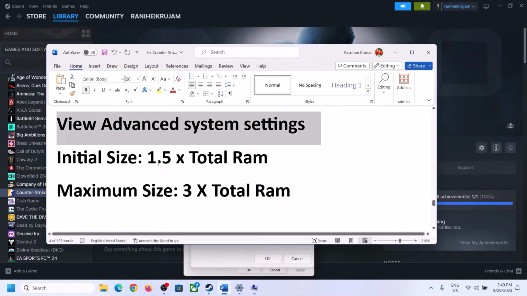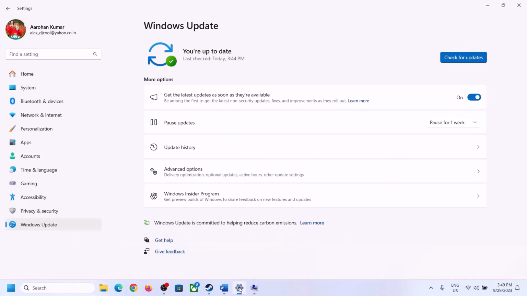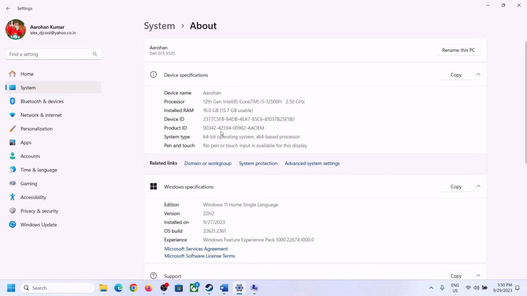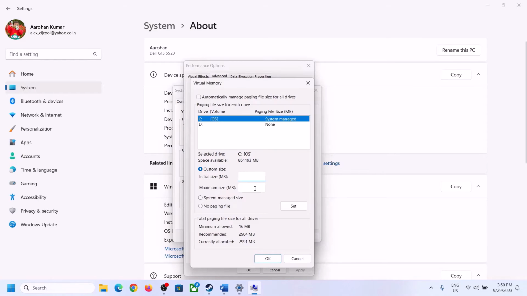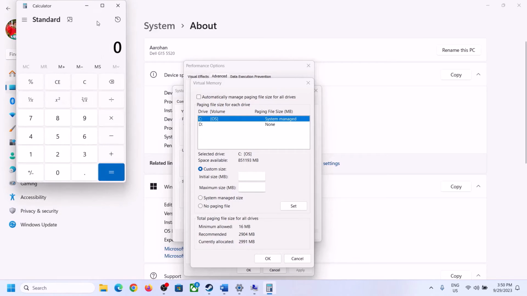for initial size it's 1.5 into total RAM. So you can check the total RAM in Windows settings. You can go to system and then go to about, and total RAM in my case is 16 gigabyte. So you can calculate accordingly. In my case it's 16 GB, so I will calculate as per 16 GB. First of all we have to convert 16 GB into megabyte. So we will open calculator. So type in calculator in run box and then click on OK, and over here